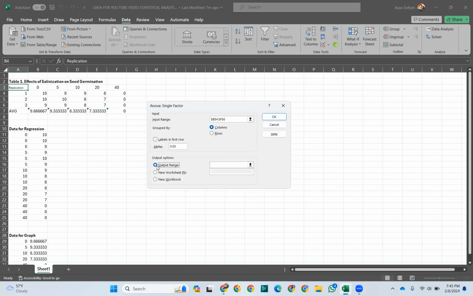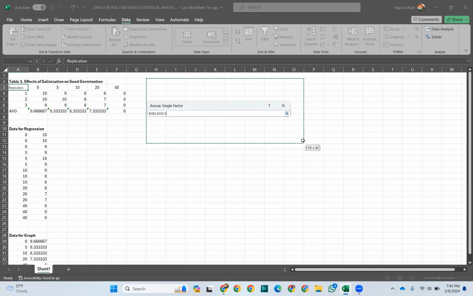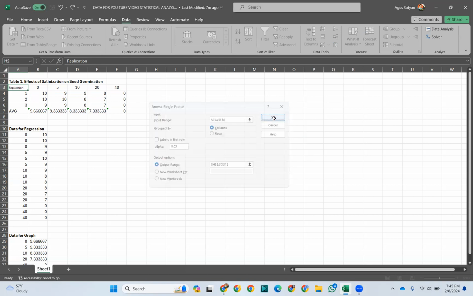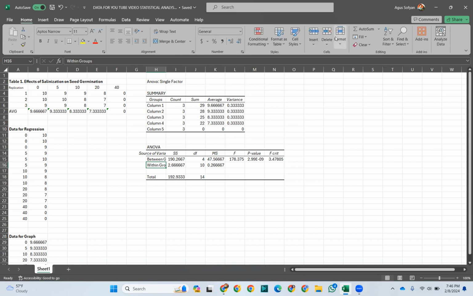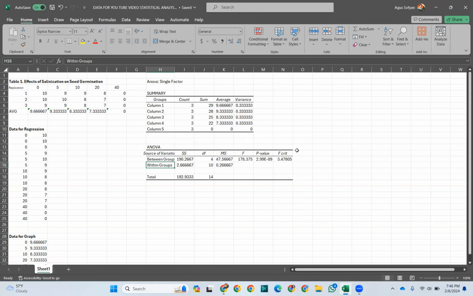an output range. I like to use the output range so I can see this result right away in this Excel screen. So I click that one and then you have to put where you're going to put the results. So I'm going to make an output range over here and then click OK. Okay, now you see that we have the results over here. I want to make the columns wider, let's say 12. Okay, now you see the